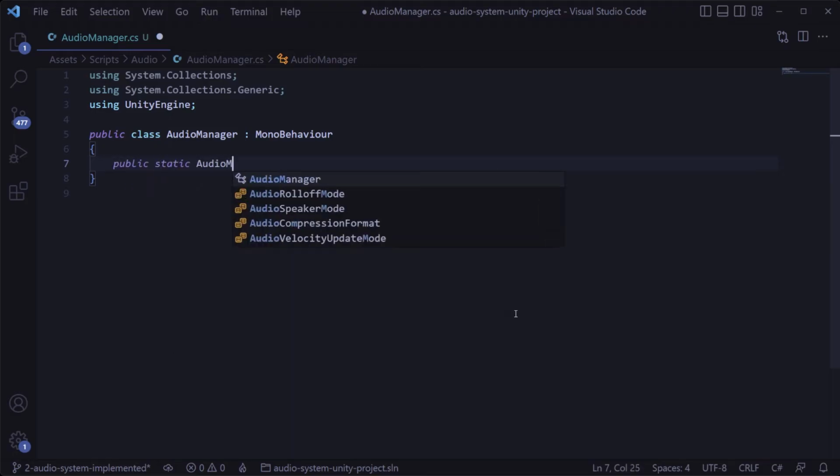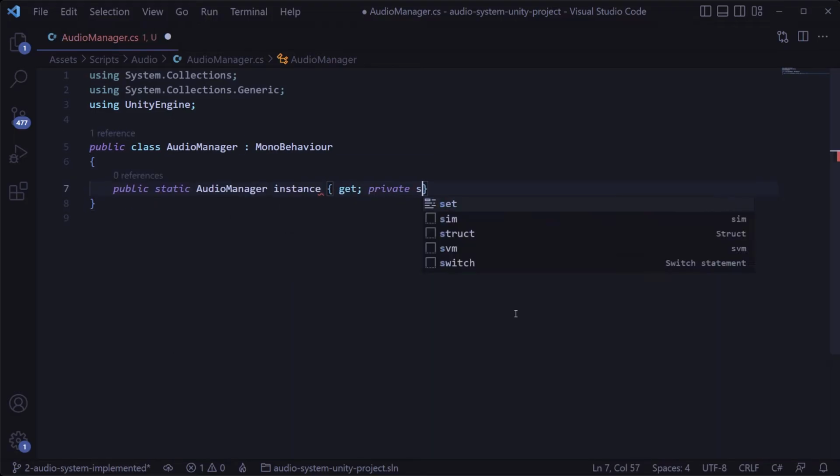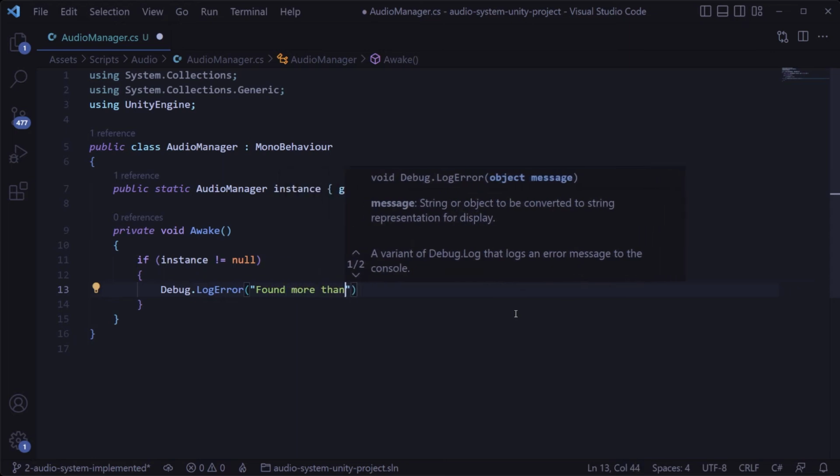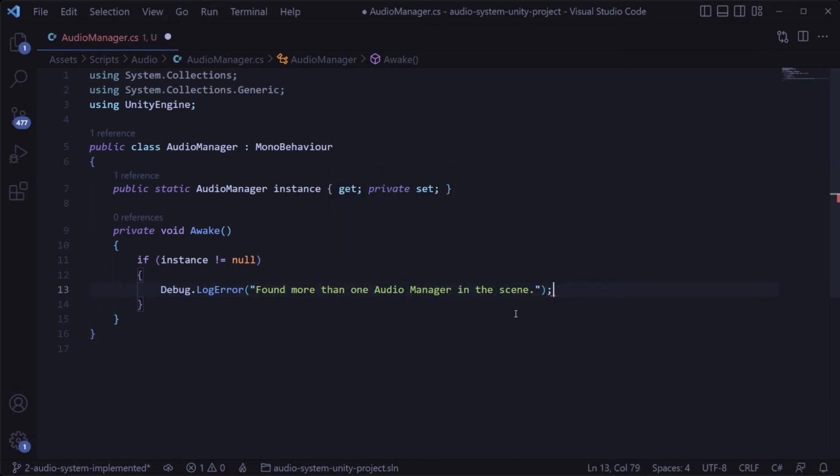So let's set that up by creating a public static audio manager instance with a private setter, and then we'll create an awake method where if the instance is null, we'll log an error to let ourselves know that somehow more than one audio manager ended up in the scene, but otherwise we'll set the instance to this audio manager. So that sets up the class as a singleton where we can access it through the instance variable, but now